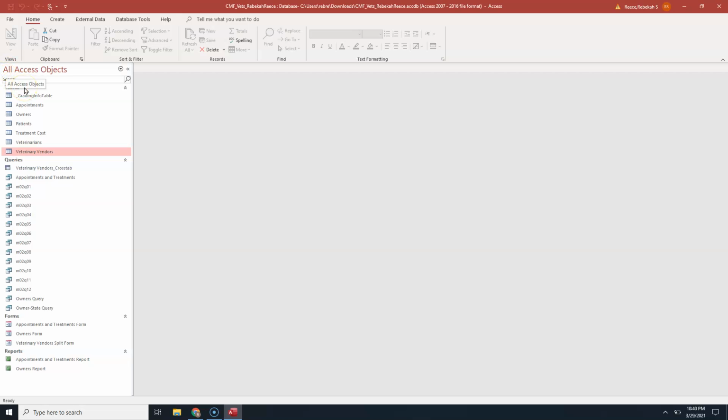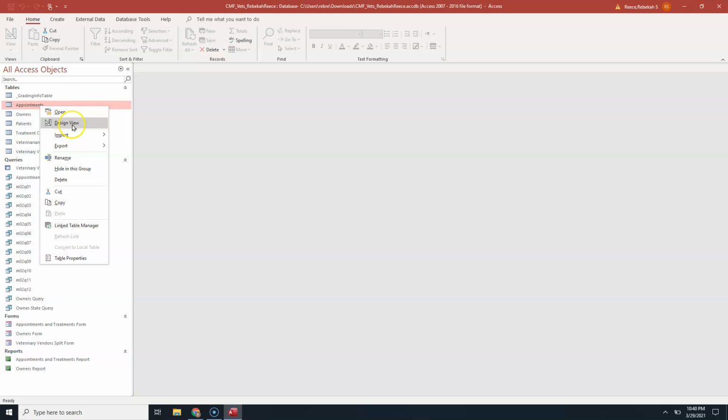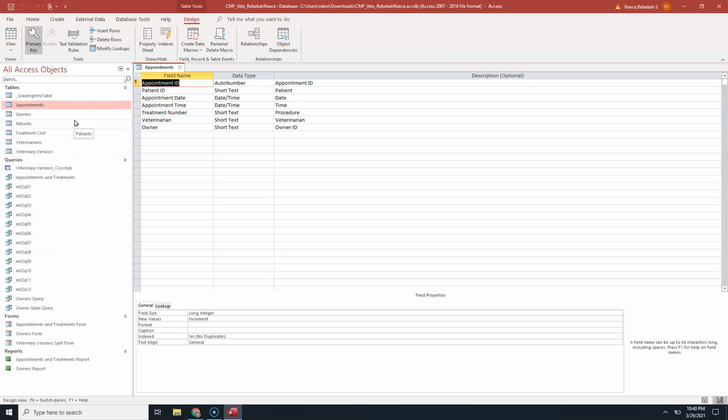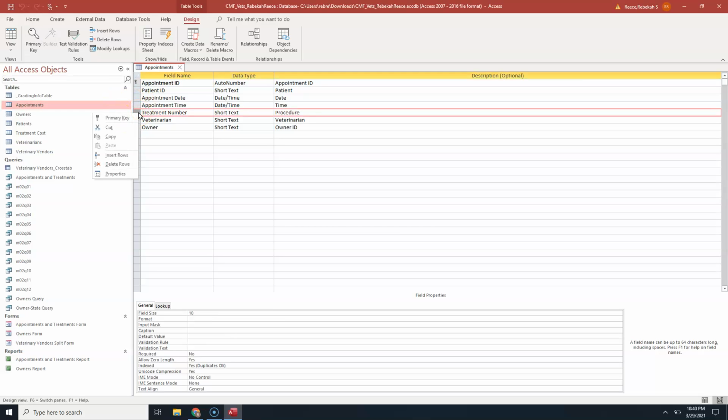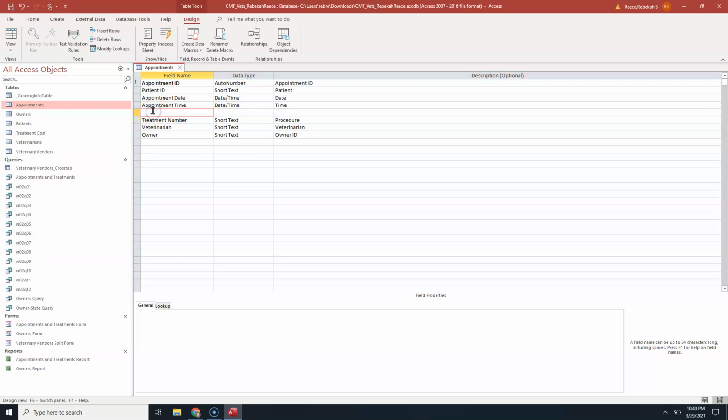So this particular table we're going to be working with is the appointments table. And we are going to open this in Design View. So you'll see that you have, I don't know how many fields there. What we're going to do is right-click the row for a treatment number. Then we're going to do Insert Rows, and it'll put 1 row above. So now after appointment time,